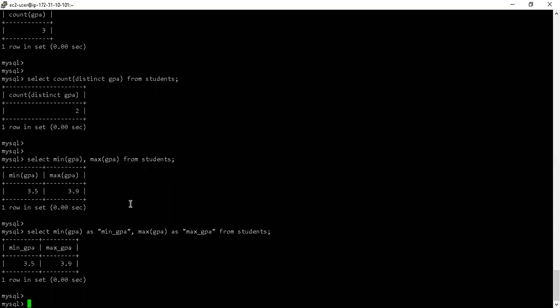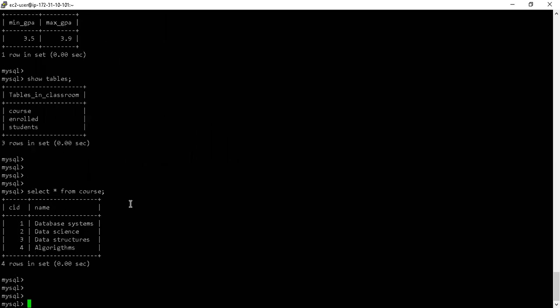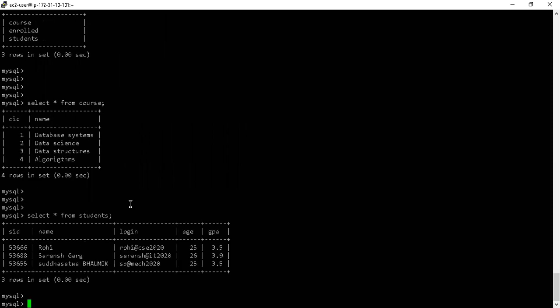Now we will do something more and then we can make a close for today. I'll just see the tables once more, and then we are going to look at something, let's say, select star from course. Let's look at one more very common function, or no, that is not applicable on this. So let's start from students. Okay, let's look at one more very common function. So I know there is a problem with the name column now, at least with the case, let's say, sensitivity. So how can I fix this? Select upper name from students.